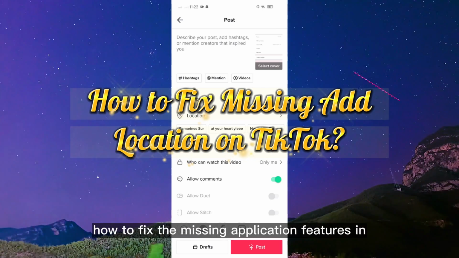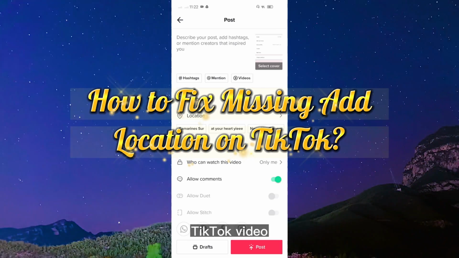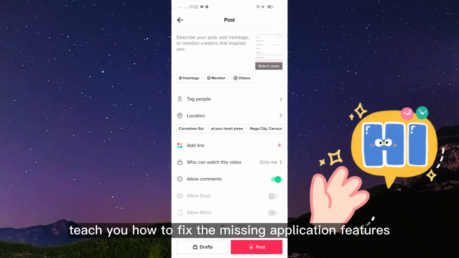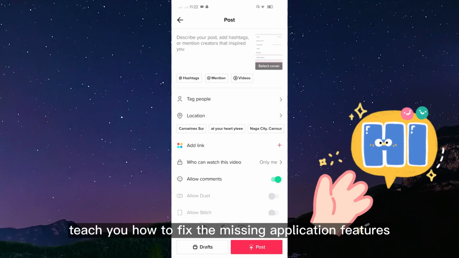How to fix the missing ad location features in TikTok video. Hi guys, in this video, I am going to teach you how to fix the missing ad location features in